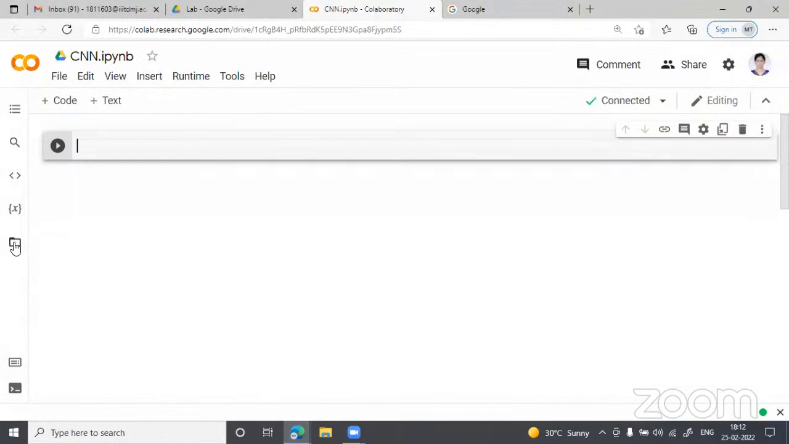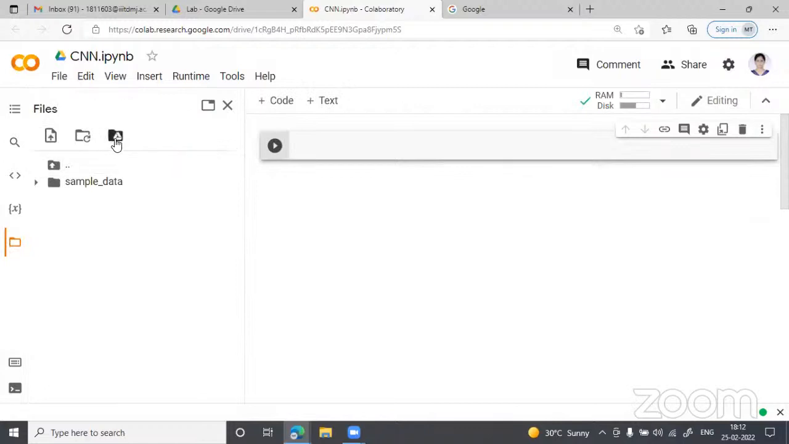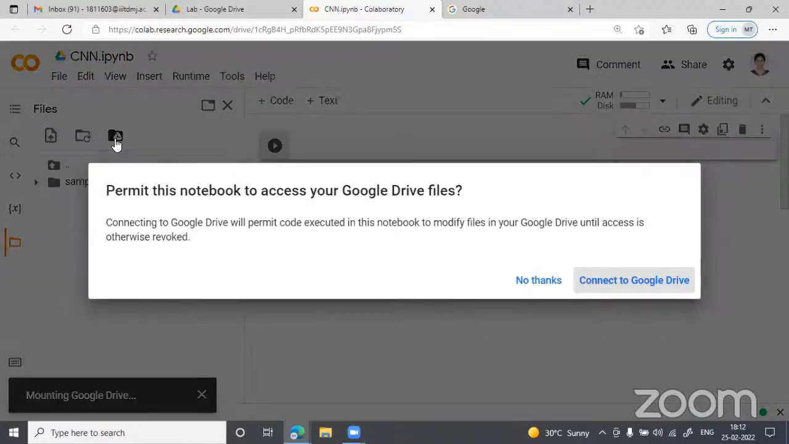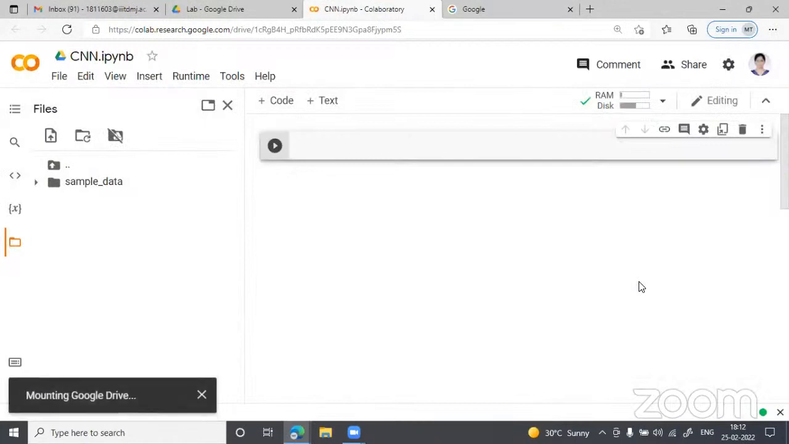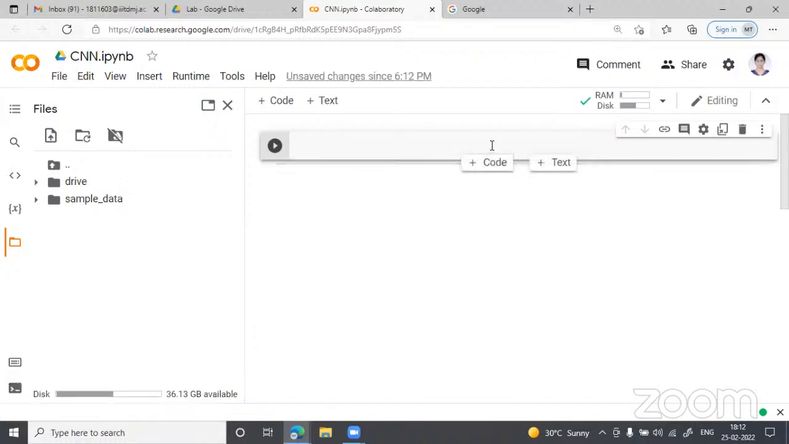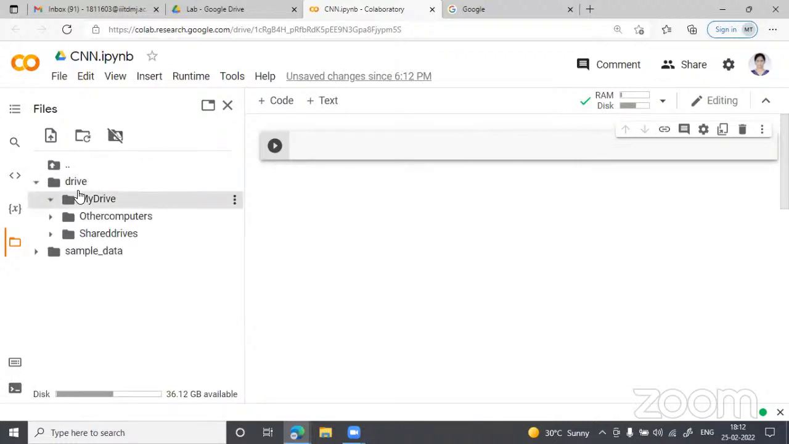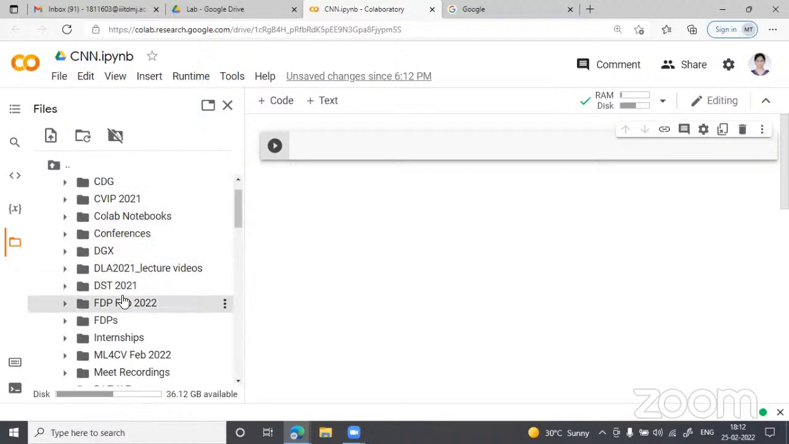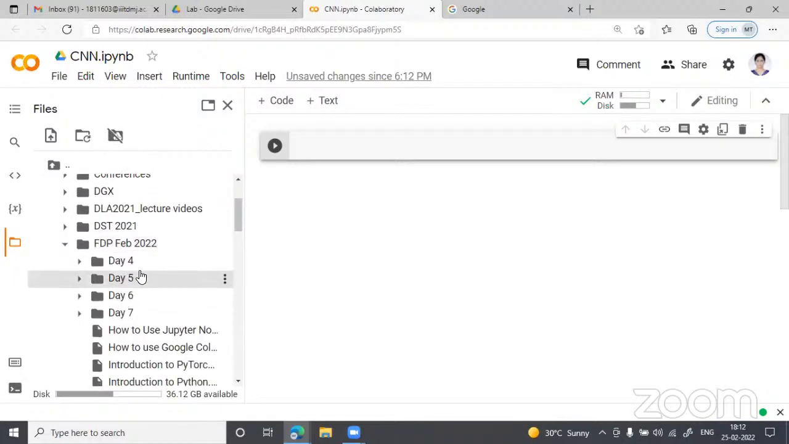After this, the next step is to mount your drive. So please click on this files menu, then click on this mount option. Connect your drive to your Google Drive. Then go to the place where you want to work. So in my day 5 folder, I'll